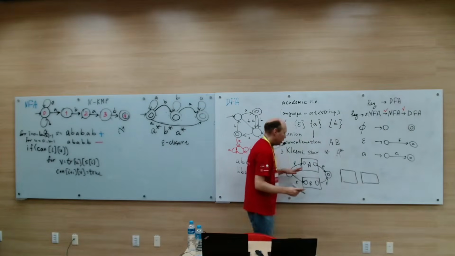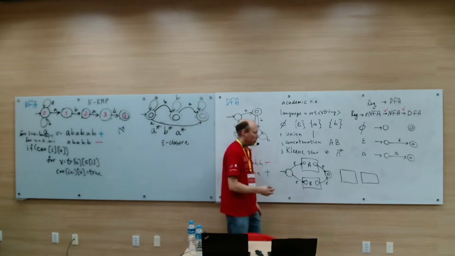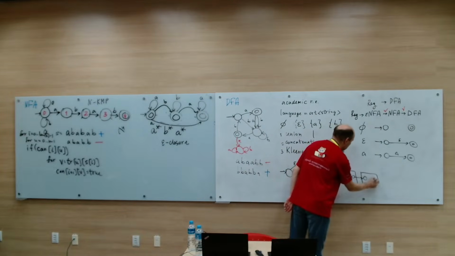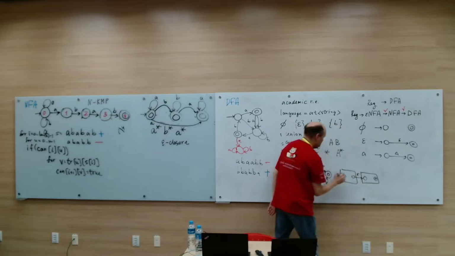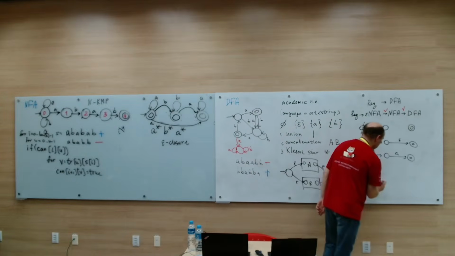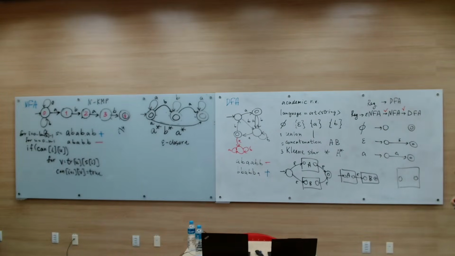Now that we see the general idea, it is very easy to create concatenation as well. Concatenation goes like this. And the Kleene star: what would you do with the Kleene star? A loop back is a good idea,